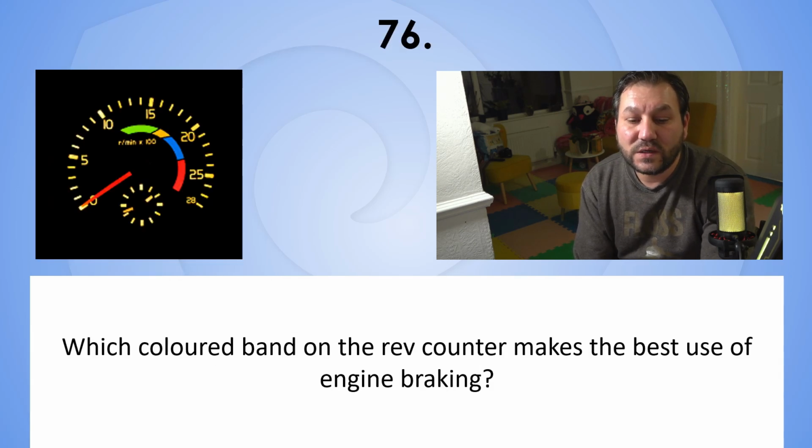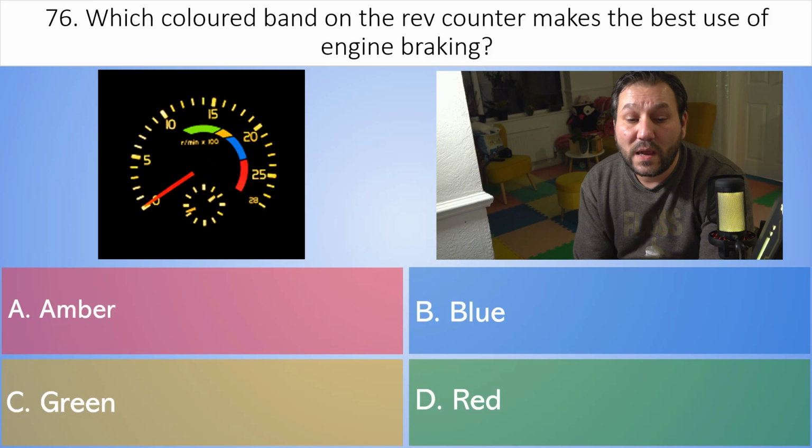76. Which colored band on the rev counter makes the best use of engine braking? A. Amber. B. Blue. C. Green. Or D. Red. And the correct answer is